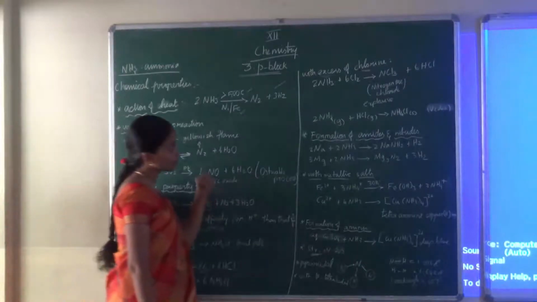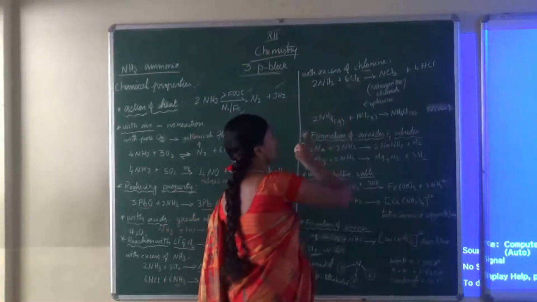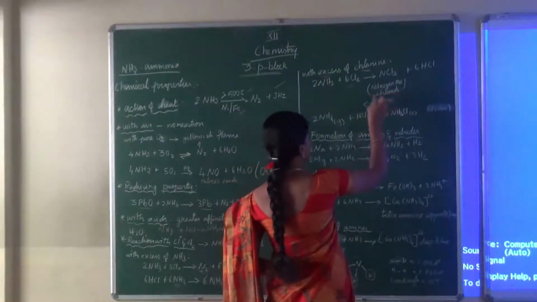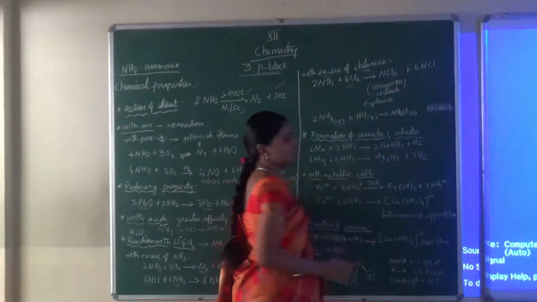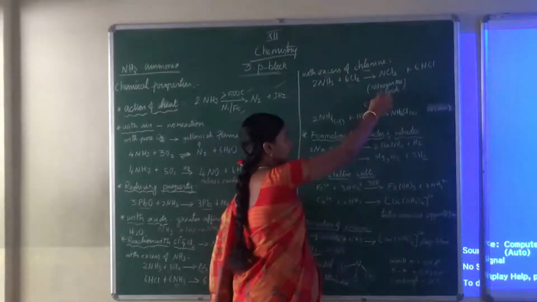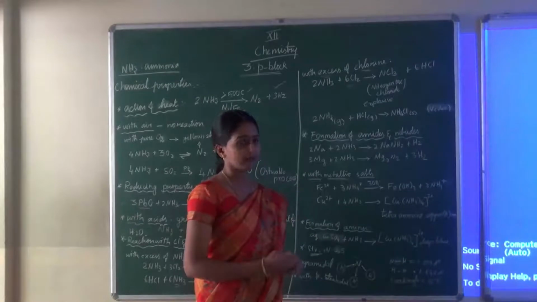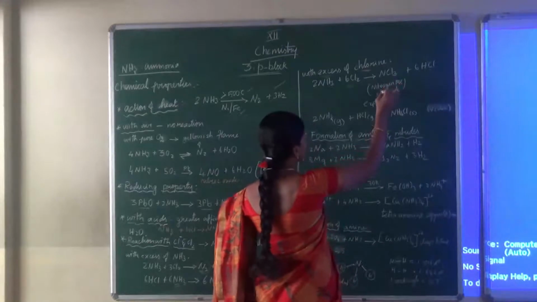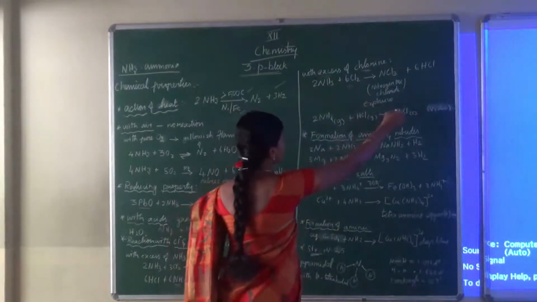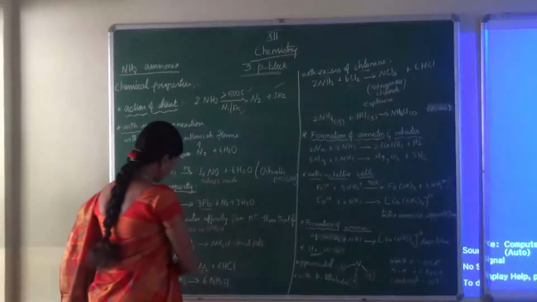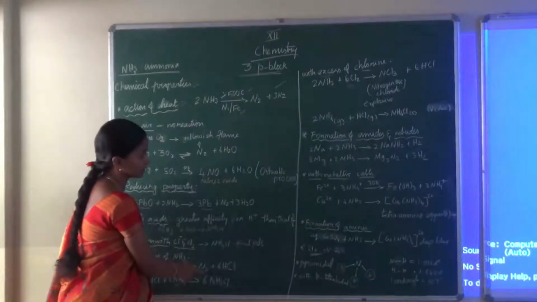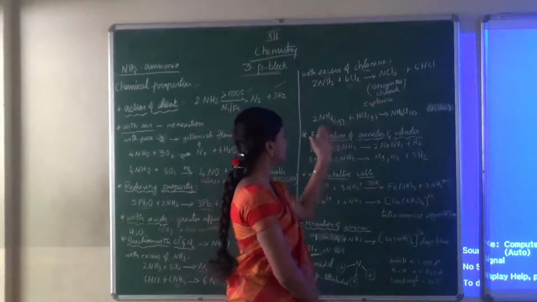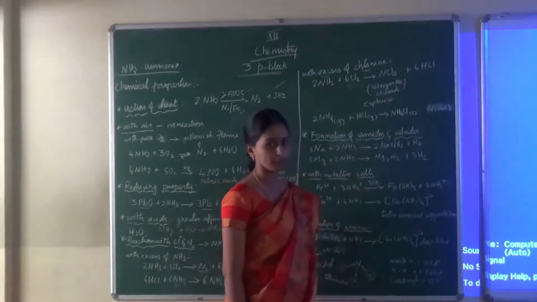But when we take chlorine in excess, 6 moles of chlorine with only 2 moles of ammonia, the intermediate product here is nitrogen trichloride, NCl3. This nitrogen trichloride is an explosive substance; it will explode. So we can understand that the final product here is also ammonium chloride only. With excess ammonia the intermediate product is N2, but here it is nitrogen trichloride. Again, when we treat this HCl with ammonia, finally we get ammonium chloride.